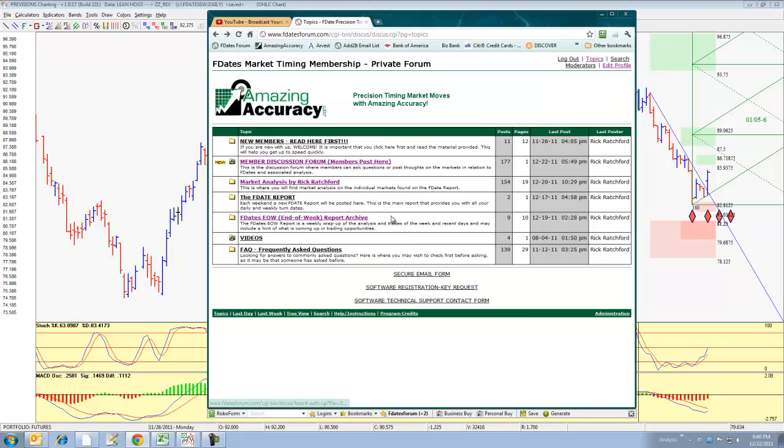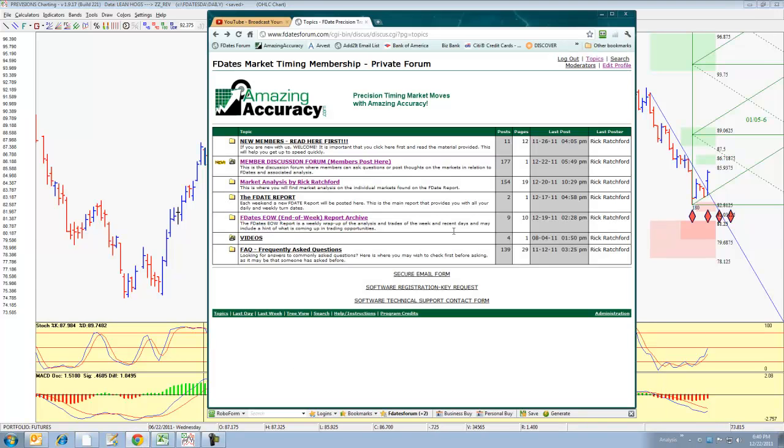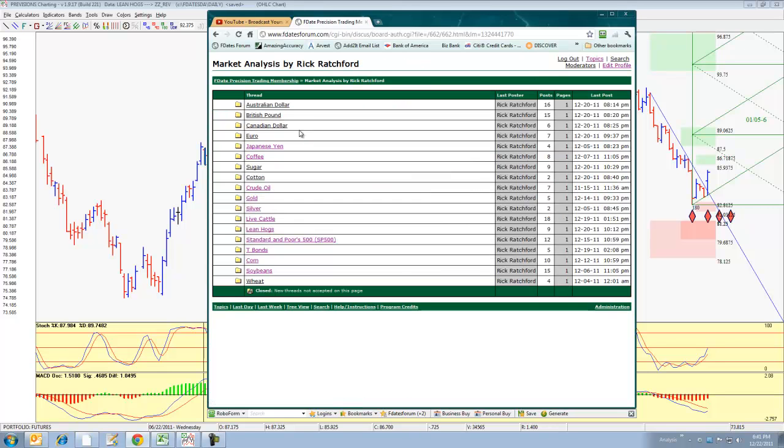And so this lean hogs trade will be mentioned in the next EOW, as it has been in the last few EOWs since we have been trading it, every single time it makes one of these major turns. Anyway, so that should give you a really good idea of what we do within the FDates Market Timing Membership. And if you trade currencies, futures and commodities, if you trade these markets that are listed here, okay,